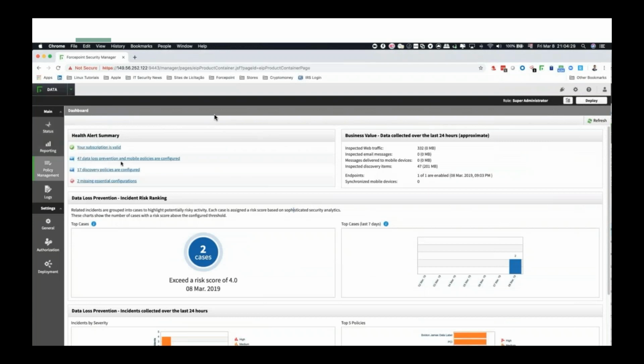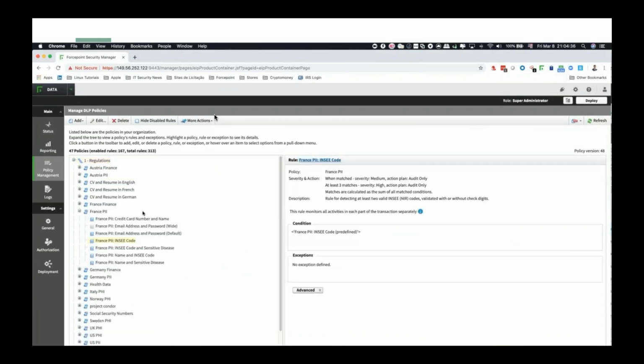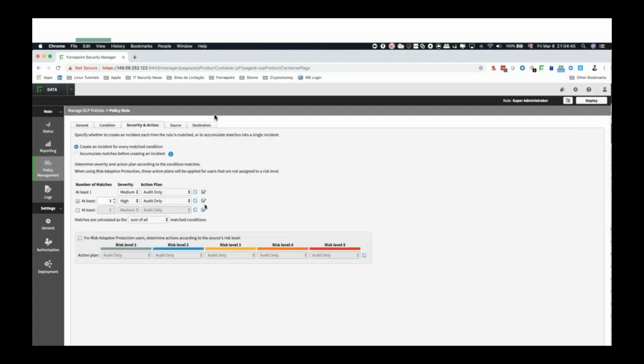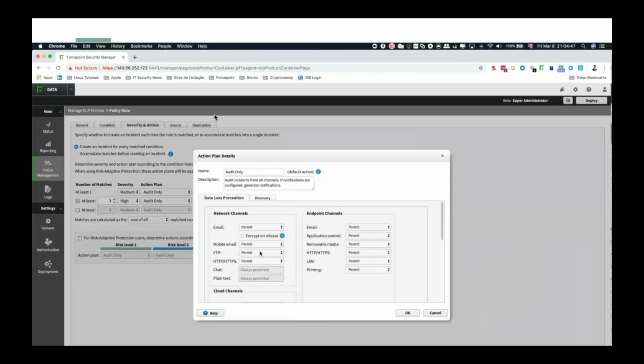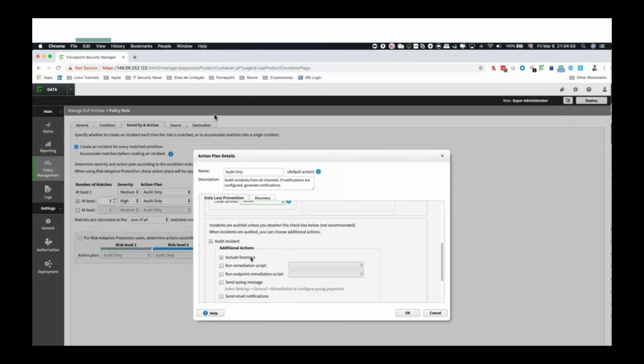You can see this is the regulation, so French personal data, the INSEE code, whatever that might be, and we're going to create a policy to see if we see French personal data leaving the organization, and we're going to control it. And sometimes it's in the cloud, going via the cloud service. So the CASB service is going to unshare internal, external, etc. from within the DLP. So the DLP is driving the policy into the cloud. Anyway, it's not a particularly interesting video, so I'm going to fast forward this one.